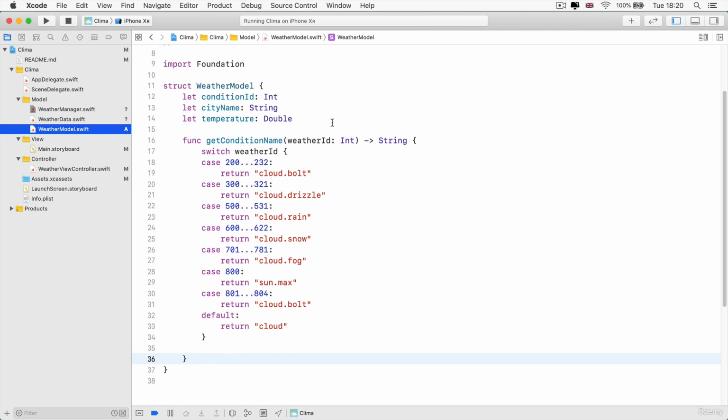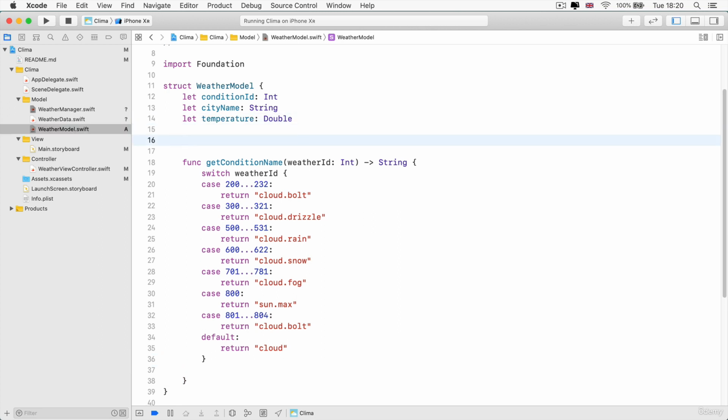This is a good opportunity to show you a cool thing that we can do in Swift, which is called a computed property. So we've got all three properties here, which are actually called stored properties, because all they do is just store pieces of data. But I can also create a computed property. So I'm going to create it using a var keyword, and I'm going to call it conditionName. And it's going to have a data type of String, and then I'm going to open up a set of